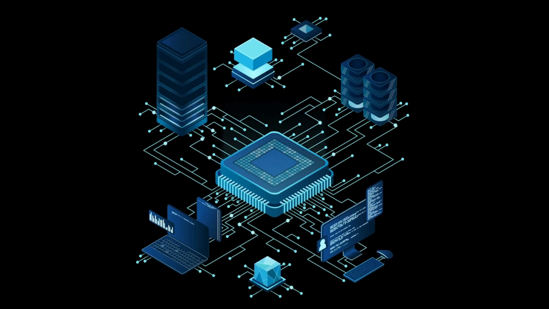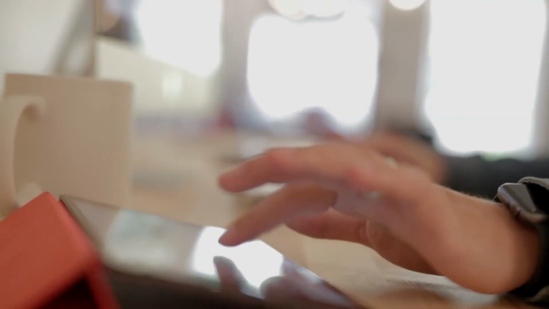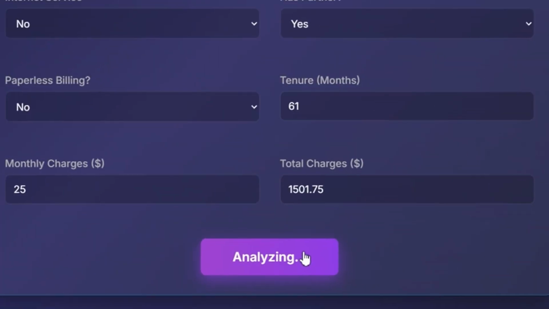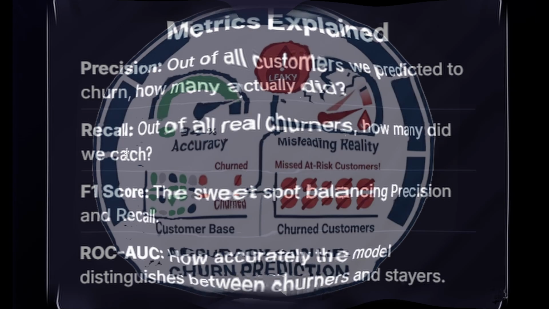I built a machine learning model with 94% accuracy and it completely failed in real life. That's when I discovered a hidden mistake called data leakage and everything changed. In this project, I don't just predict customer churn, I show you why accuracy can lie and how metrics like